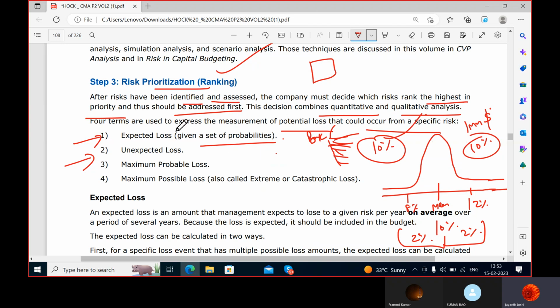Unexpected is Vijay Mallya's case. For 40 years, Vijay Mallya was taking loans from various banks. He was paying interest to them without failure. Never did he default. One bad decision of running Kingfisher Airlines and not listening to his directors, maybe it was his dream project or whatever. He should have listened to the directors that it was not going to give returns, because they are into the liquor business and they are the world's number one. They were acquiring many companies also. He lost, he was in deep losses, and he defaulted.